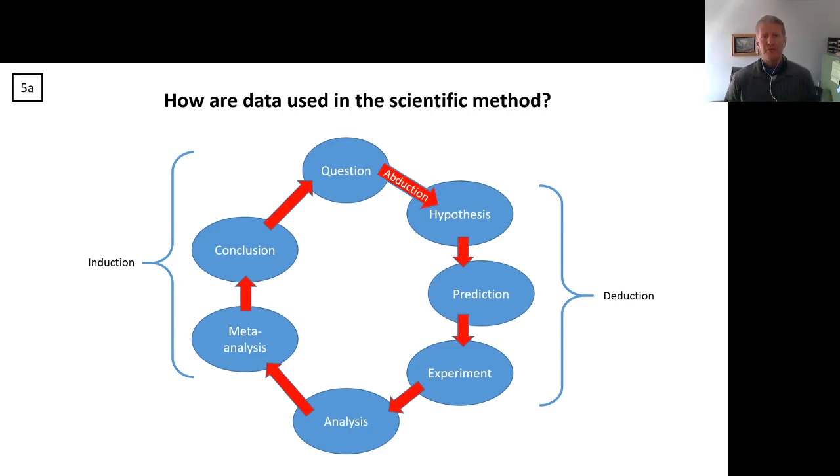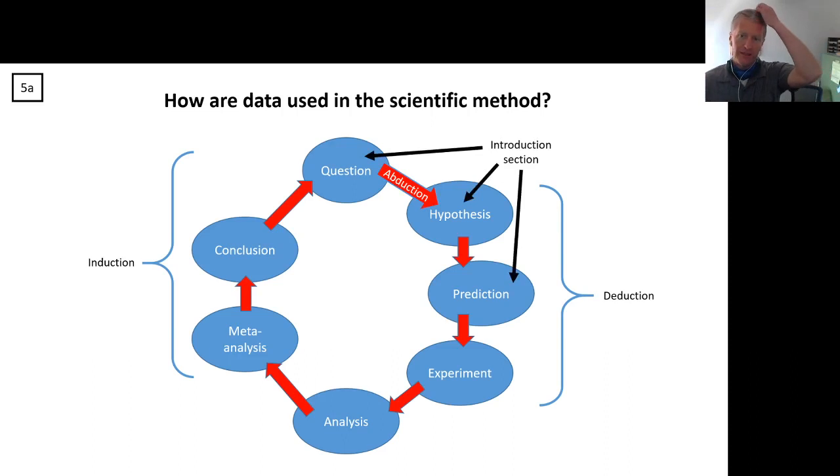And I like to do that because it lets me talk a little bit more about how this maps to how we write about science. And this is probably true for both proposals and manuscripts. There's a lot more in common to those than you might think. When you're talking about your introduction section, for example, in a manuscript that you're writing, it's really all about making the motivation for asking a question and how you have come up with some hypotheses and predictions that you want to test.